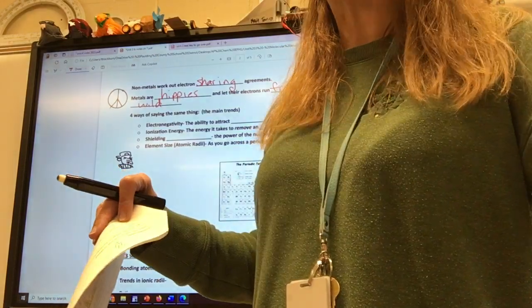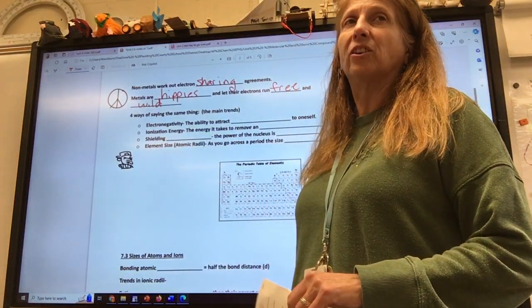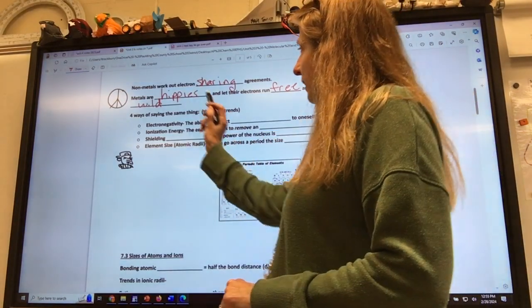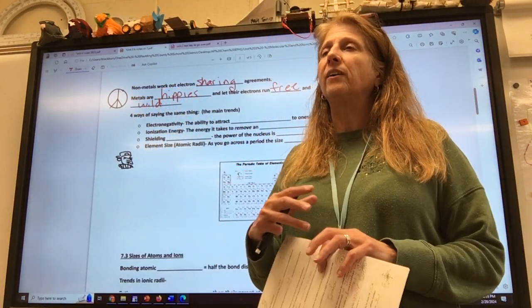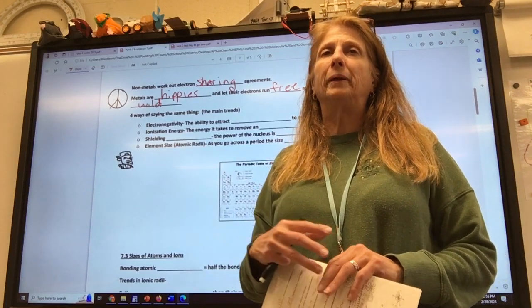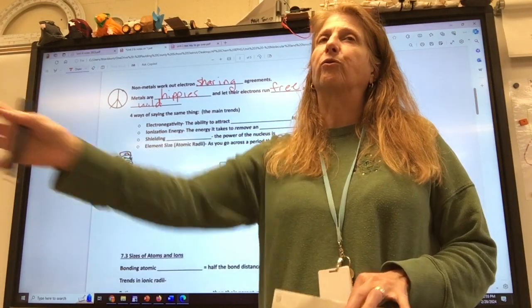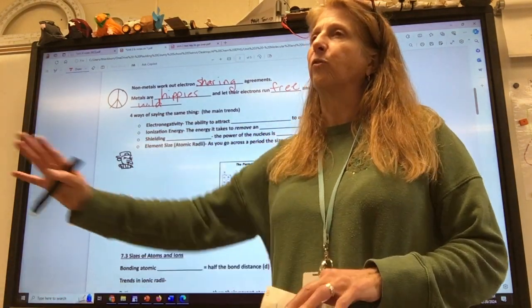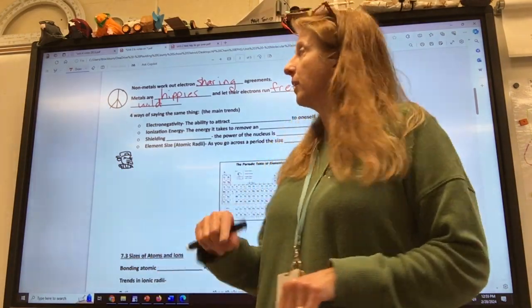But before that, it was a popular idea. Okay? So what happens, this has to do with chemistry, as metals do exactly the same thing. They do not assign their electrons to a particular atom. They share the electrons. They let them run free and wild. They can just go from one nucleus to another uninhibited. And it gives them their characteristics.